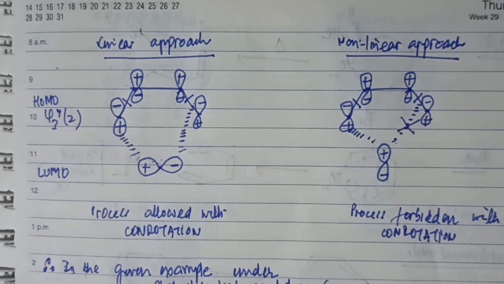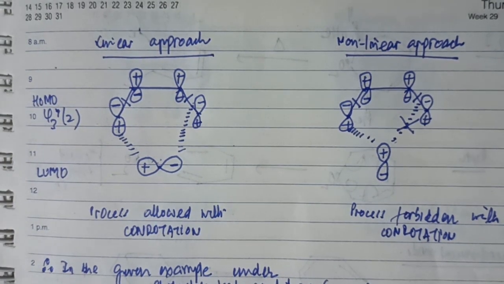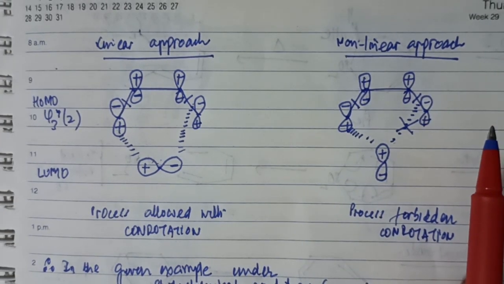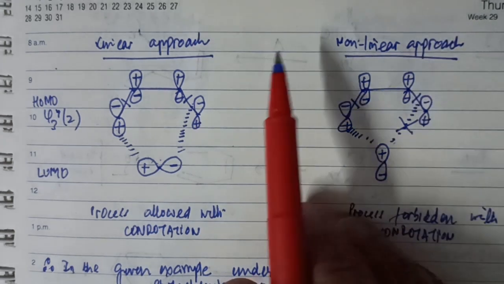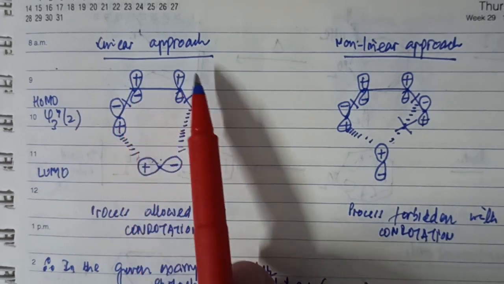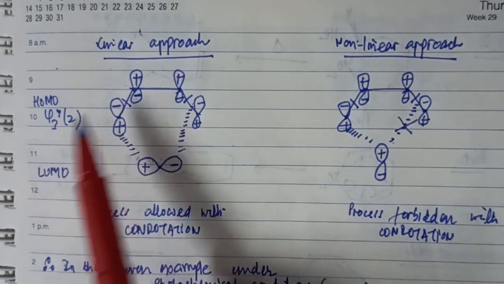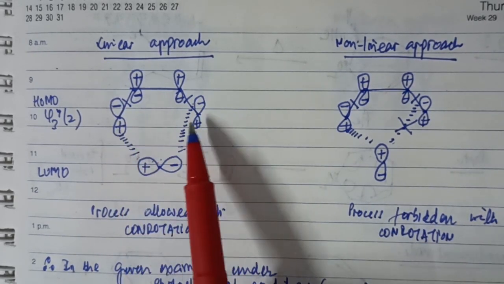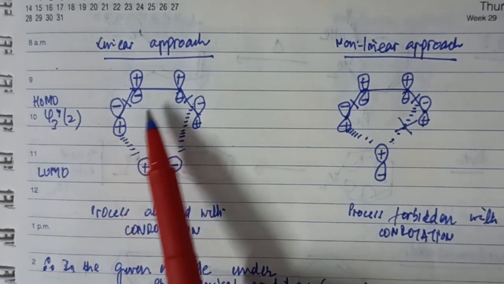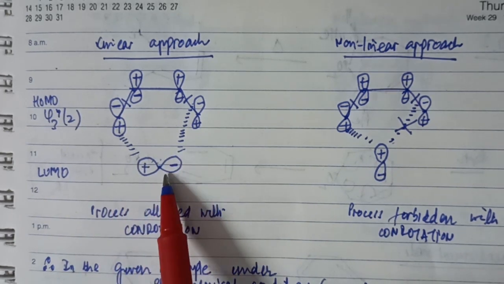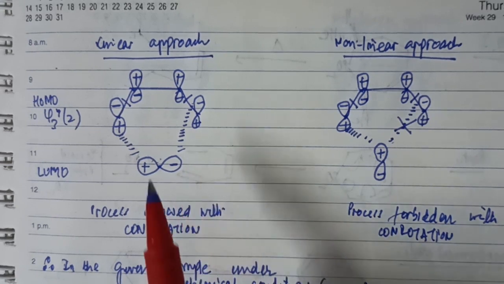We know that this reaction is occurring photochemically, and we worked out that the process involved is conrotatory. Now let's see under which approach, linear or non-linear, this would be possible. Let's try to draw the orbital picture for linear as well as non-linear approach. When we draw the orbital picture for the linear approach, the HOMO for the diene should be psi 3 star having two nodes. Two nodes means an even number of nodes, so the terminal lobes on the same face will have the same sign and opposite faces will have different signs. While drawing the LUMO for the linear approach, the lobe cannot directly face the p lobes of the diene, therefore it has to be drawn in this fashion.